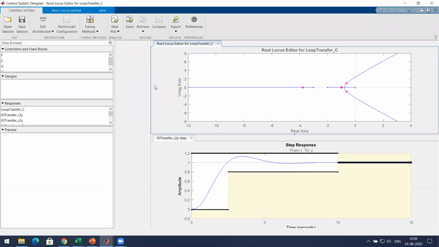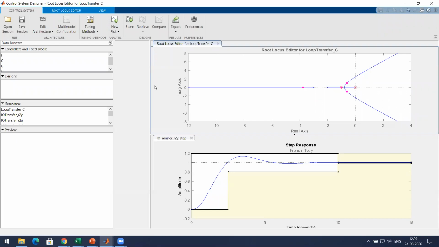Once you get that root locus plot, how are you going to design a controller? That is what is more important. That is why we use this control system designer app and add the PI controller to this. Adding or designing a PI controller means adding a pole and adding a zero.